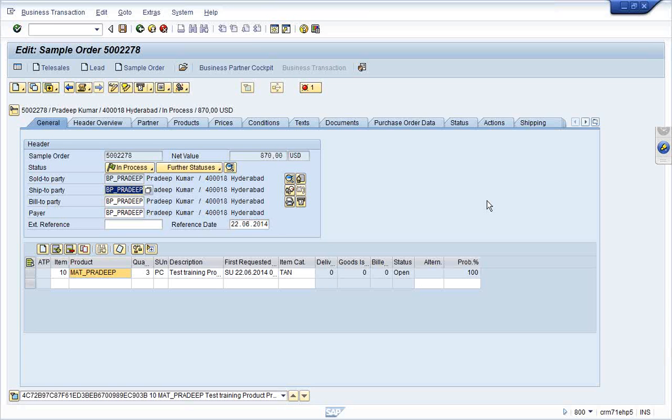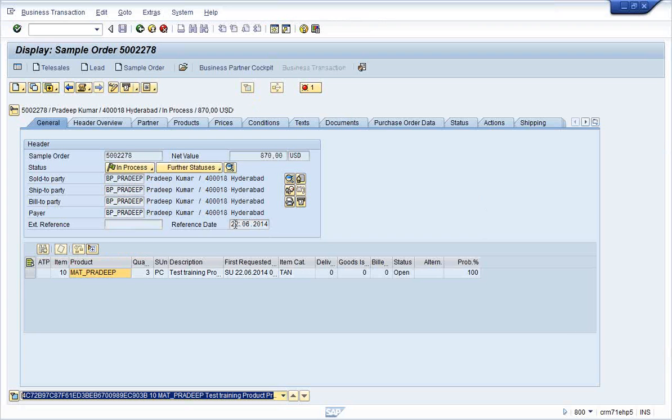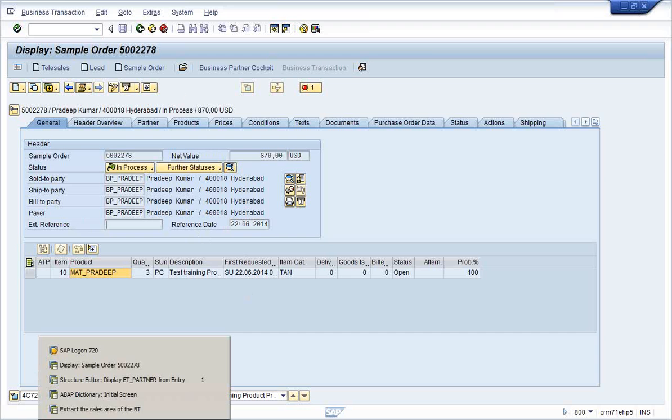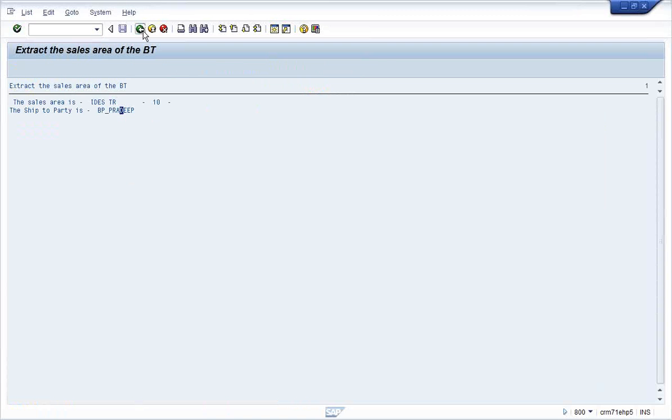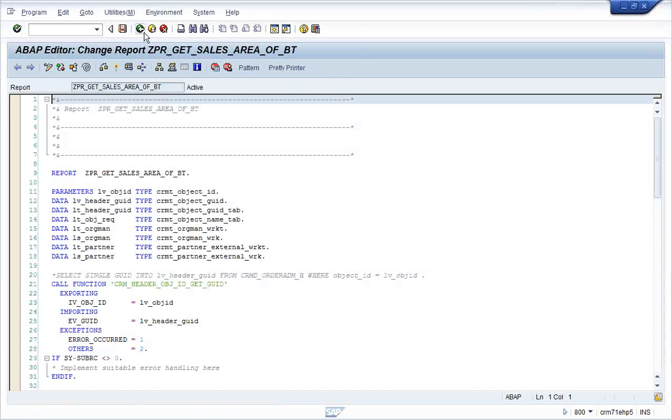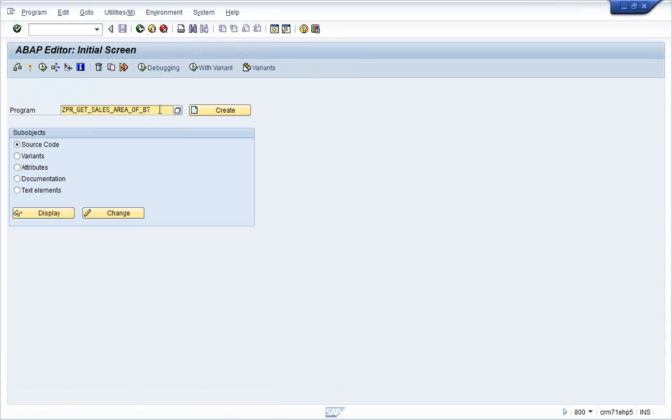So how do you change the data? Say for example, I'll go to the display mode instead of change mode, because if I am in the change mode, the program will not be able to change the data. See the date here, and the external reference here, which is blank, correct? So I have written some programs which will change the data of a business transaction.